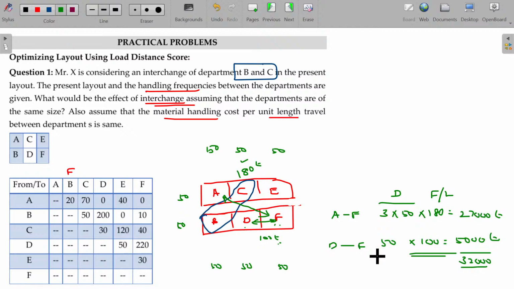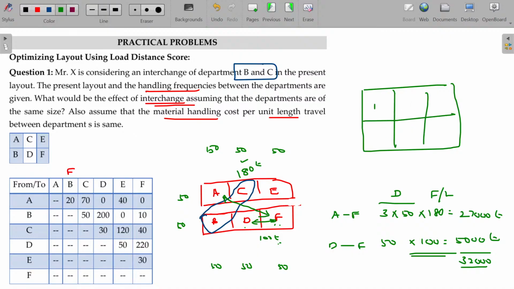Bulk carrying work is there between A to F. So as bulk is very high, 180 tons to be carried forward from A to F, you can make A and F closer. If I make A and F closer, what happens here now? Just see, I put the A here and put the D here. So what happens now? A to F